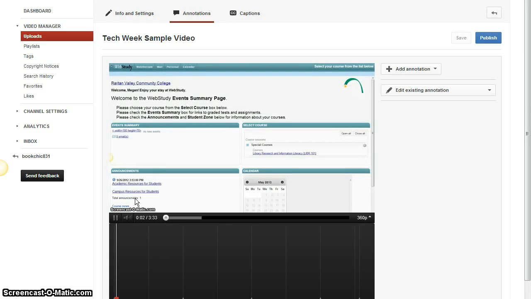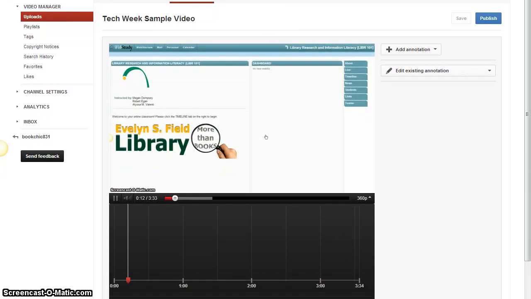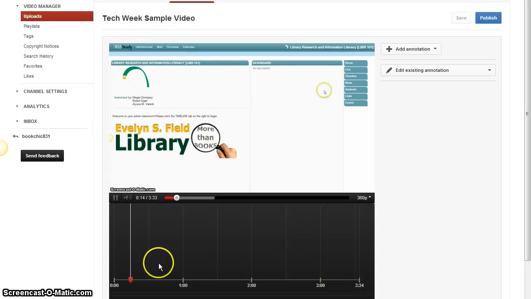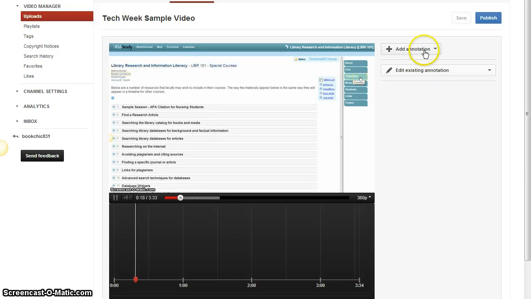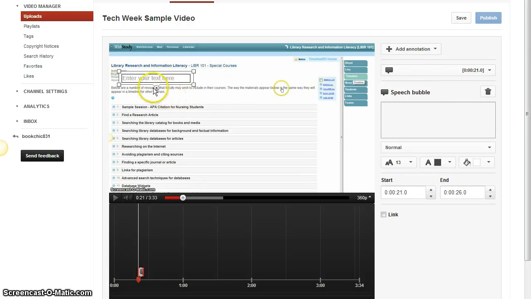So this basically just took me back into the editing screen, but now I'm in the annotations option, and this is probably where you'll spend most of your time editing your video. So you're going to see your video at the top of the screen. There's going to be a timeline at the bottom, which is where your annotations will appear, and I'll just give you some examples of the kinds of annotations you can add in. We can put in speech bubbles, which have a little arrow here. It's kind of hard to see. They've changed it recently. And you can add text into this